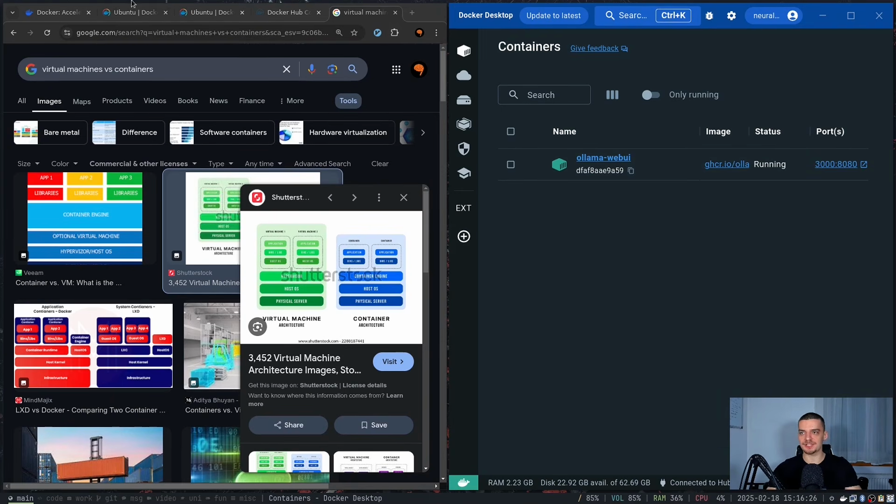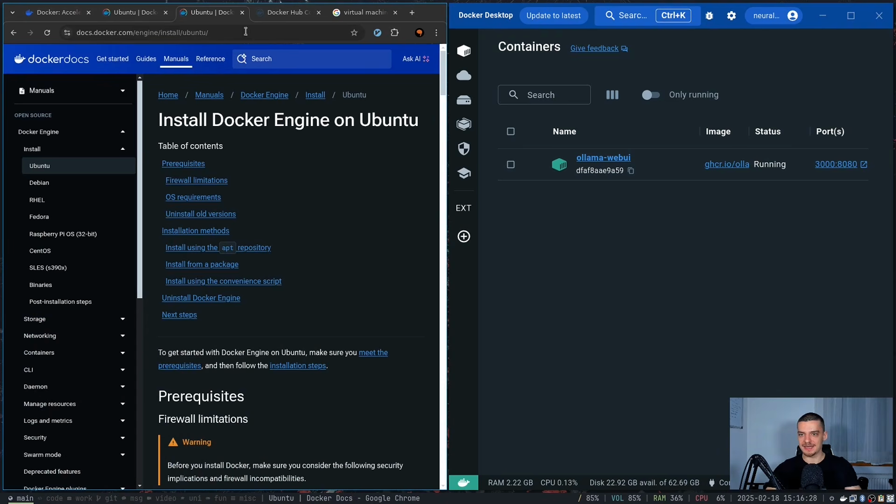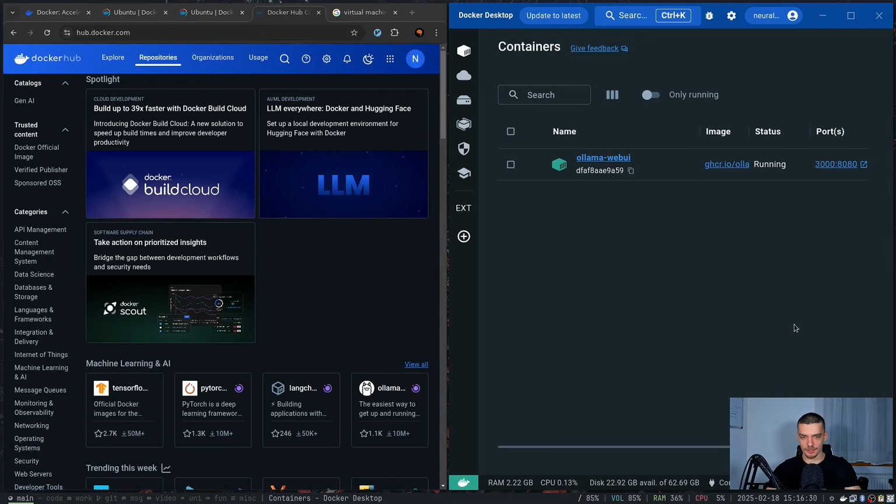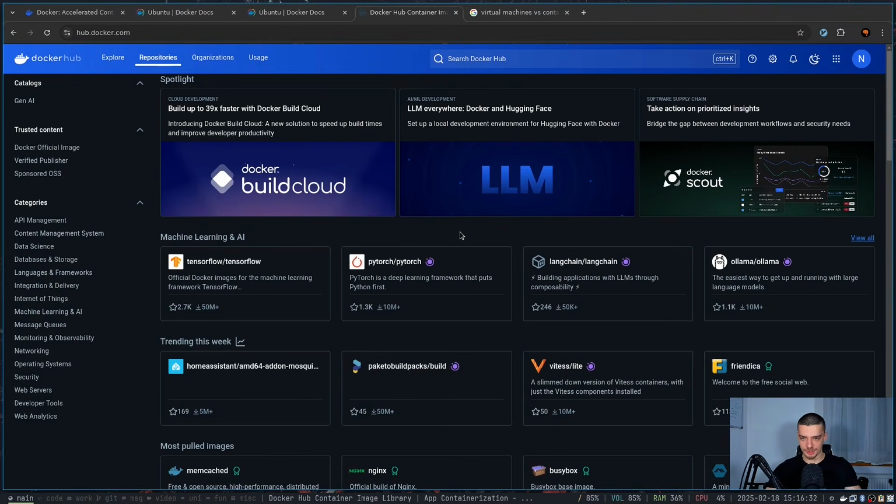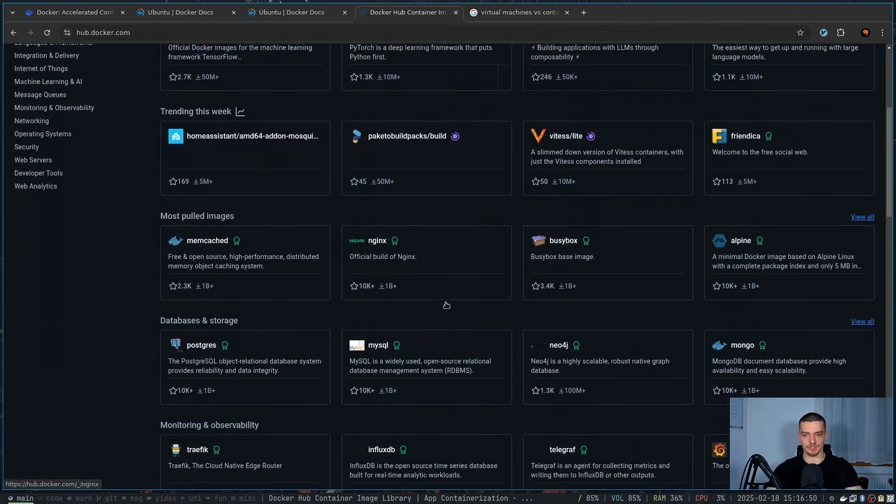Now, what's important to understand here is that there's something called Docker Hub. Docker Hub is a so-called registry. So we have this registry here, Docker Hub. There's also other registries. There's one from GitHub, I think, from Amazon. You can also have a self-hosted registry. And the idea is you have these images here that you can pull from Docker Hub onto your system. So for example, if I want to use Python, if I want to use Nginx, if I want to use anything